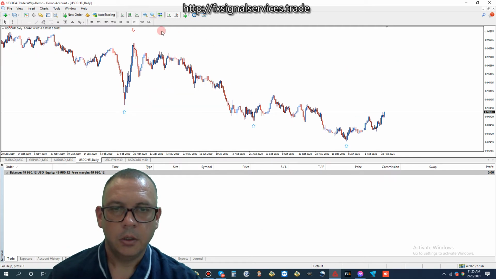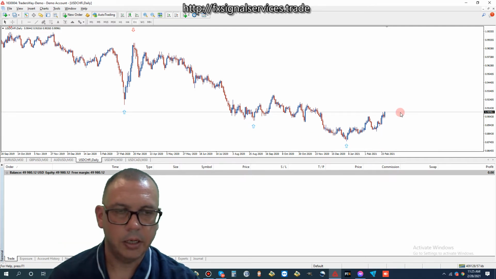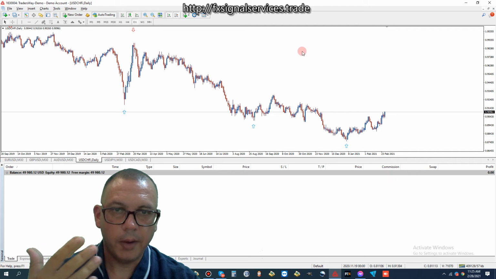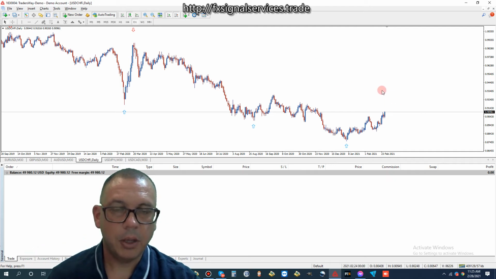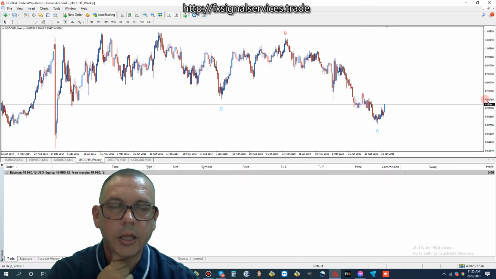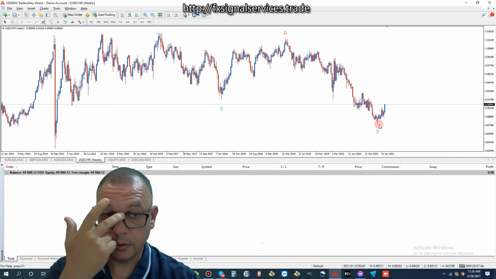We have 2 blue arrows in a row, and typically when you have that, the third one will be the opposite color, which in this case the next arrow should be a red arrow, and I don't see this dropping further to form another blue arrow. So yes, it will form a red arrow, but where it will form, how high, we don't know, and that's going to probably take several months. If you look at the weekly chart, again, we have a strong signal to buy, and it is definitely going into an uptrend.